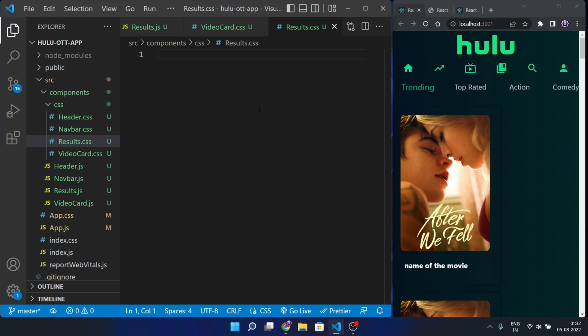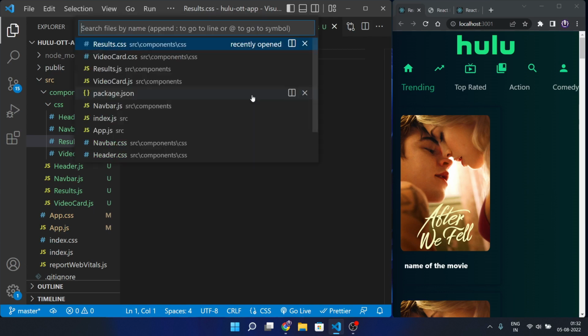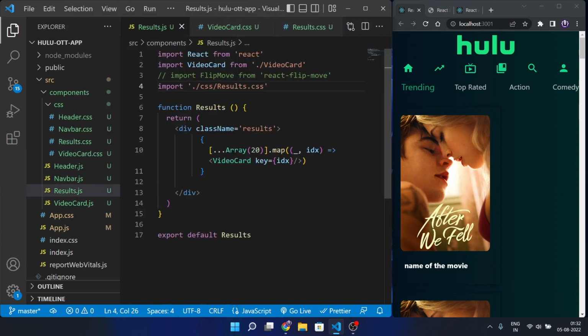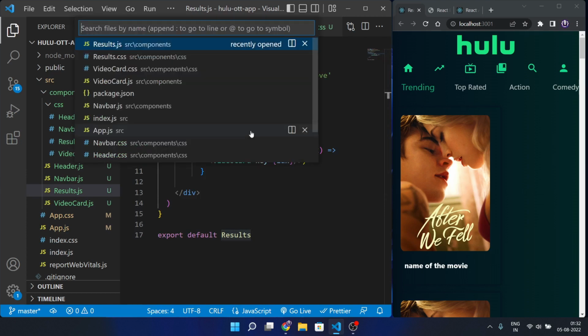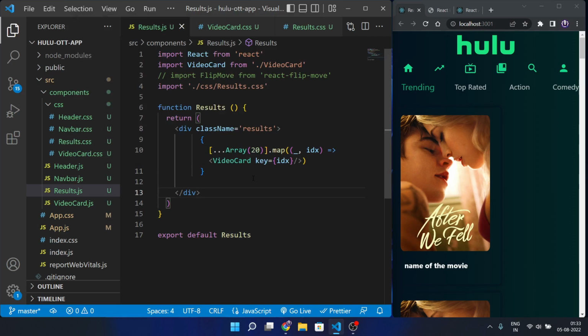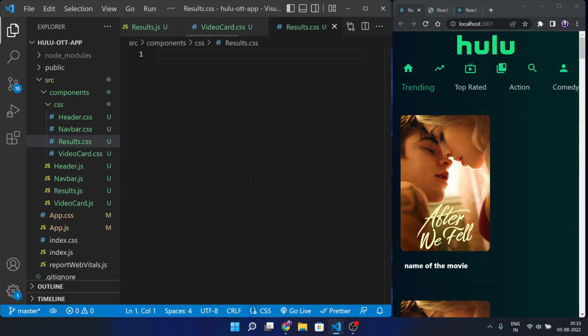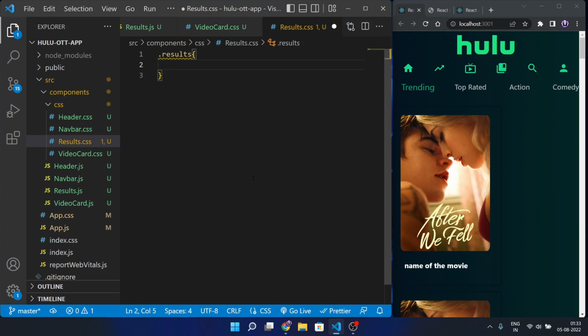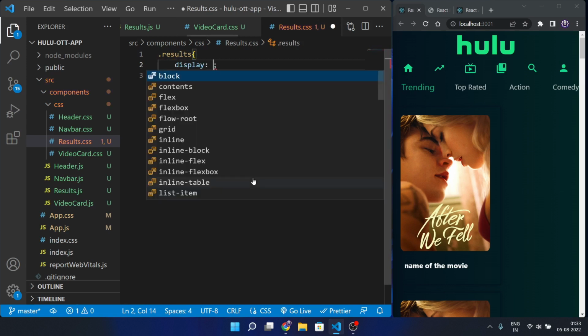So first of all, inside of this results.css, let me check the class name first inside of the results.js. So here we have this class name with the name of results. So let's go back to our results.css, and here inside of this results we just give the display of flex,